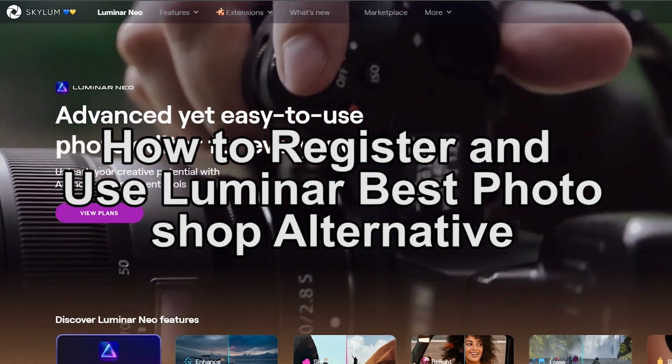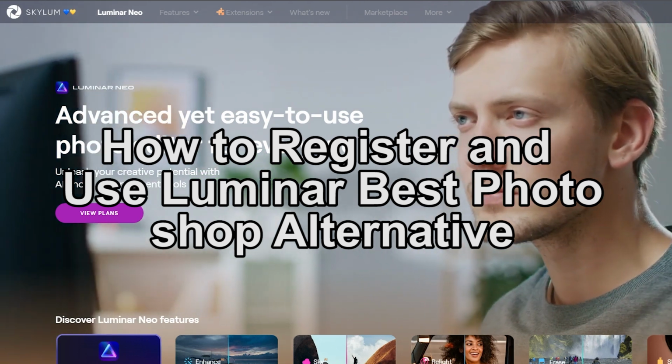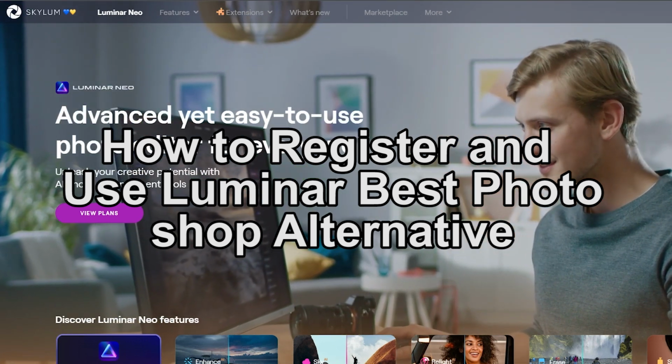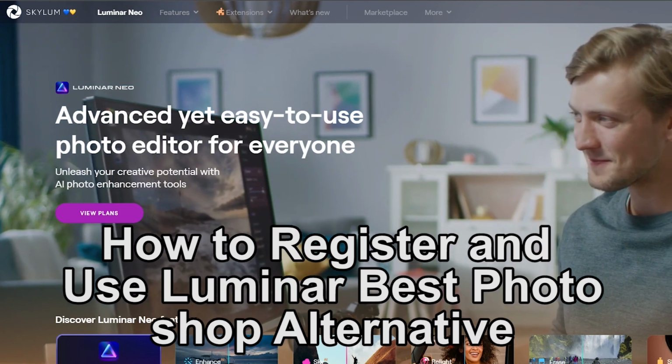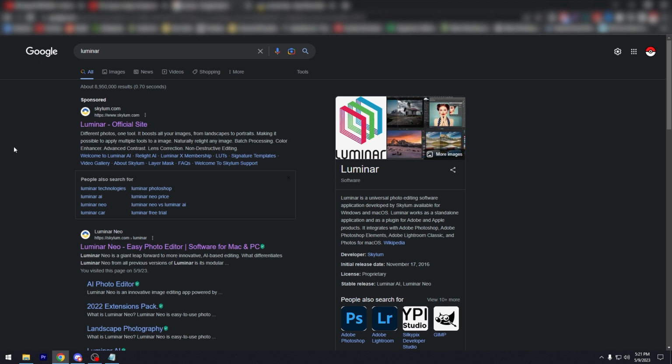Today we're going to show you a guide on how to register and use Luminar, the best Photoshop alternative. So if you don't want to use Photoshop, you want to use one of the newer alternatives to it, Luminar is one of the best. Not only does it give you a 1 week, 7 day free trial where you could pretty much access everything, but it's also fairly affordable for those who